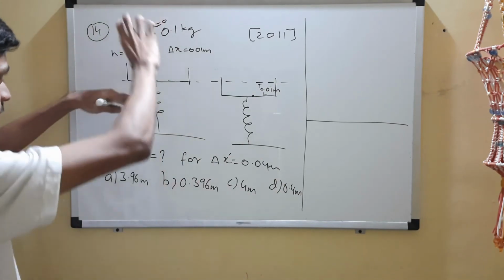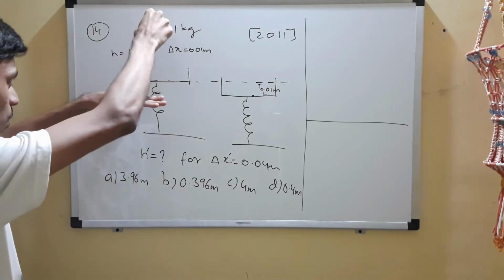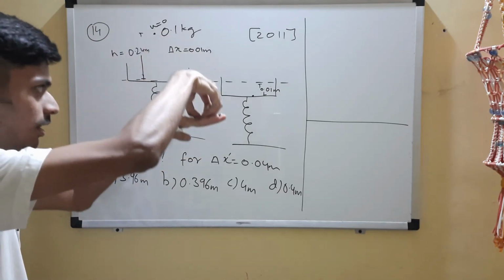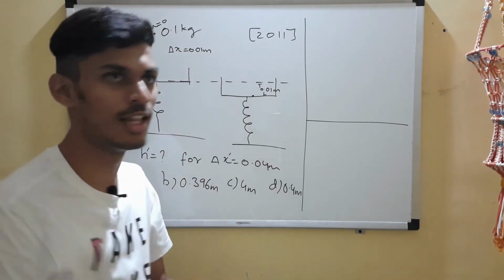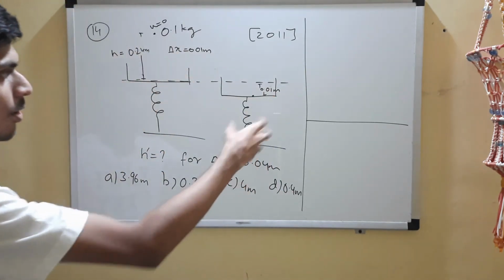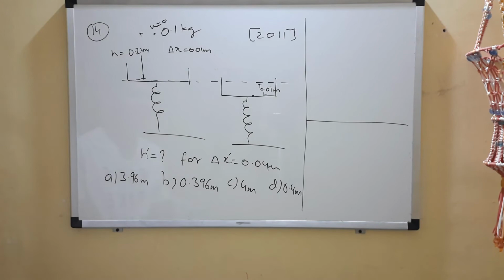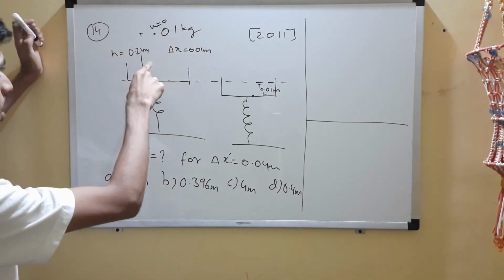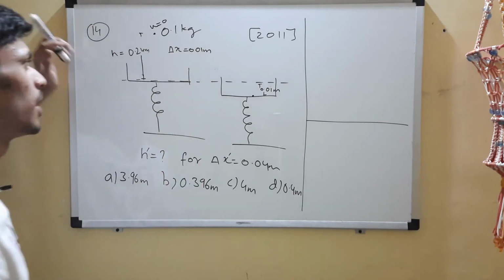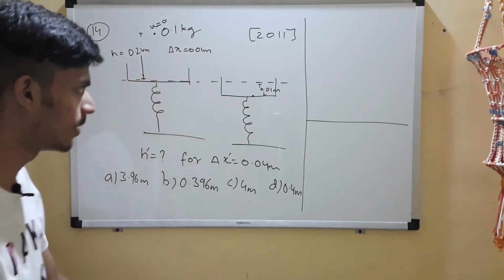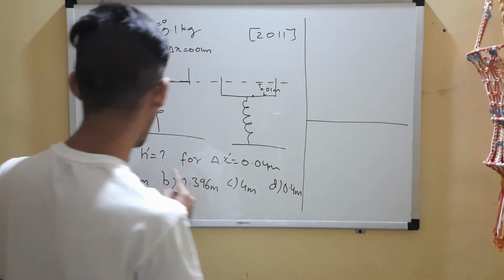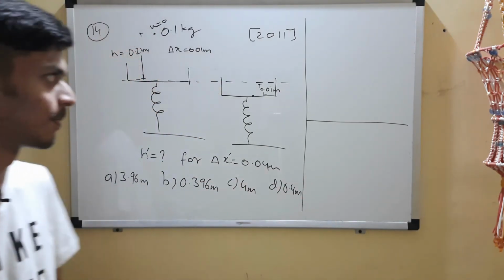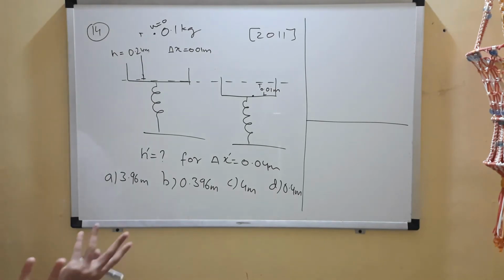So potential energy over here gets converted into kinetic energy till here, and again when it strikes that pen, the kinetic energy of that ball will get converted into potential energy, and it will compress the spring. When it is dropped from this height 0.24 meters, the spring is compressed by 0.01 meter. You are supposed to find the height for which the compression will be 0.04 meters. So basically conservation of energy, right?